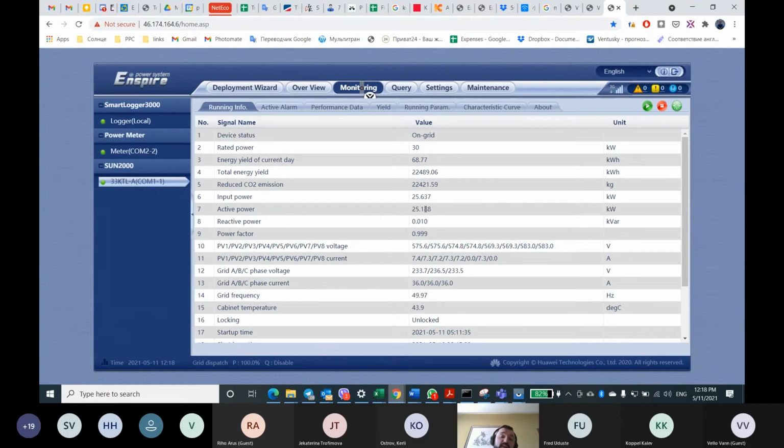That means that 25 is produced by the inverter and 30 more is consumed from the grid. So that's why the grid dispatch is 100%.